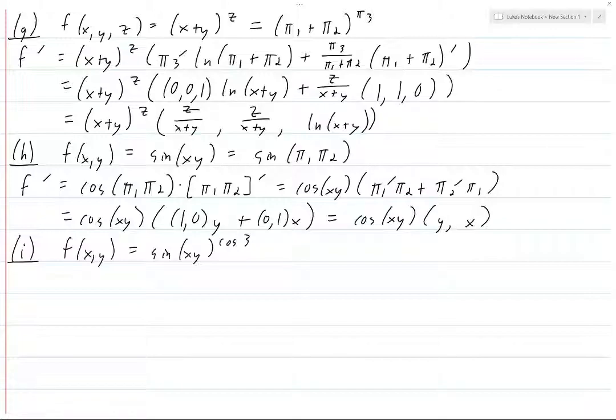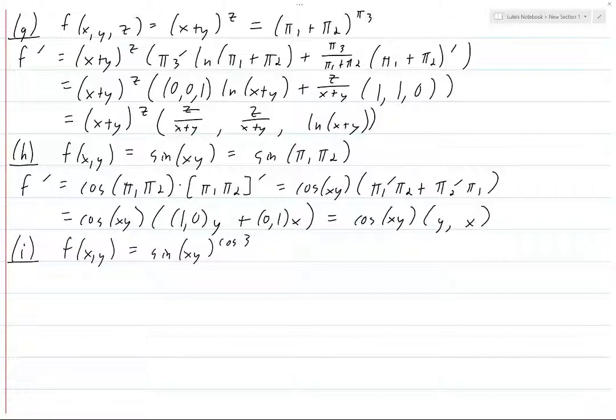Cosine of 3 is just a number, so it sort of looks a little weird, but because it's just a constant, it works out really nicely with differentiation. Okay, so we have sine of pi 1 pi 2 with cosine 3 in the exponent. So f prime is going to be,